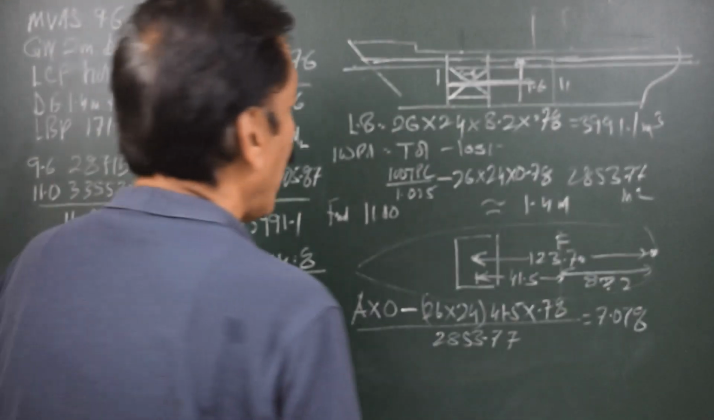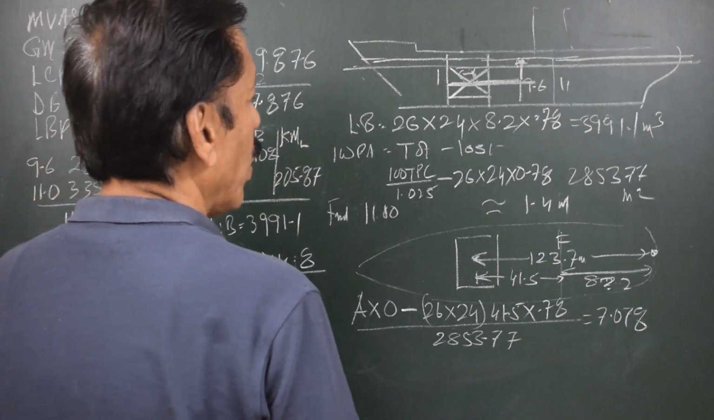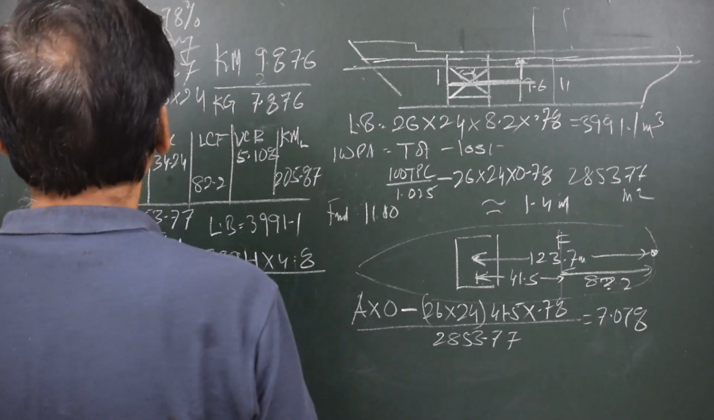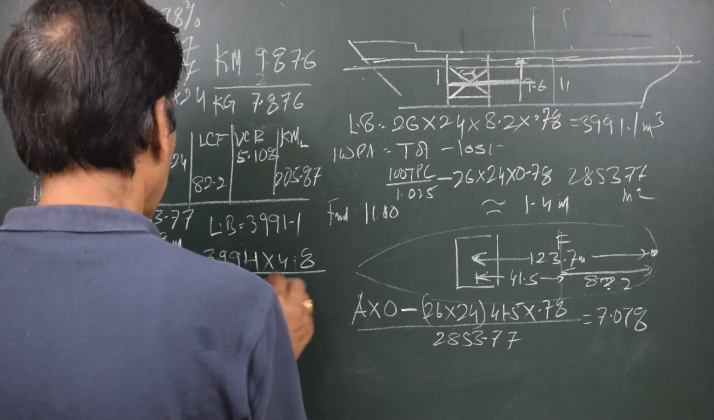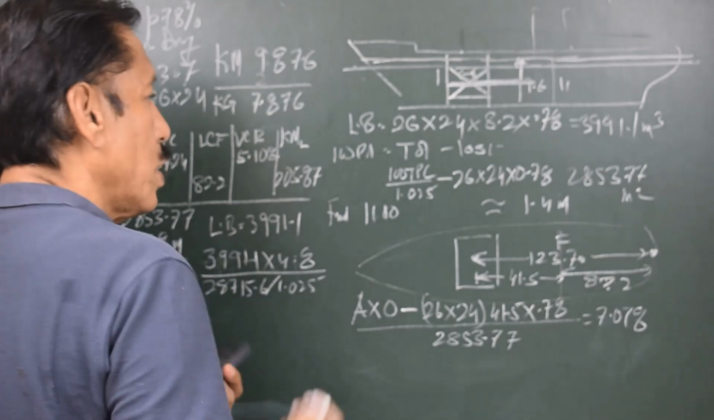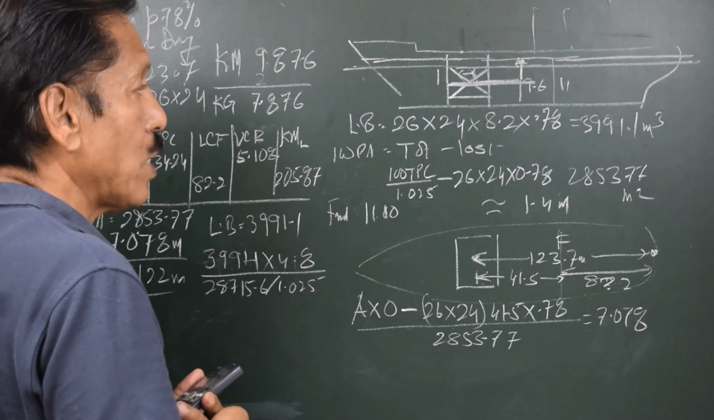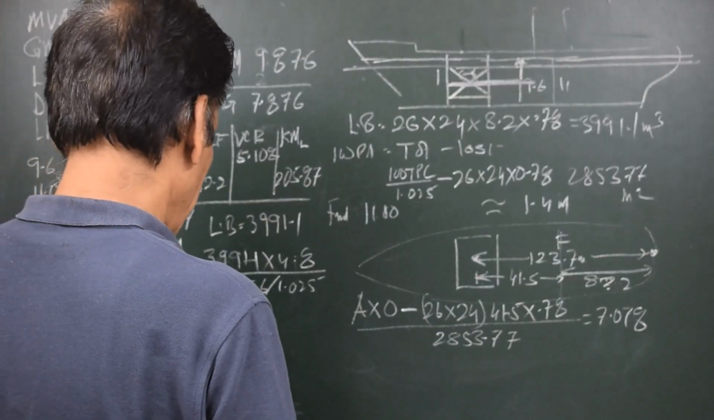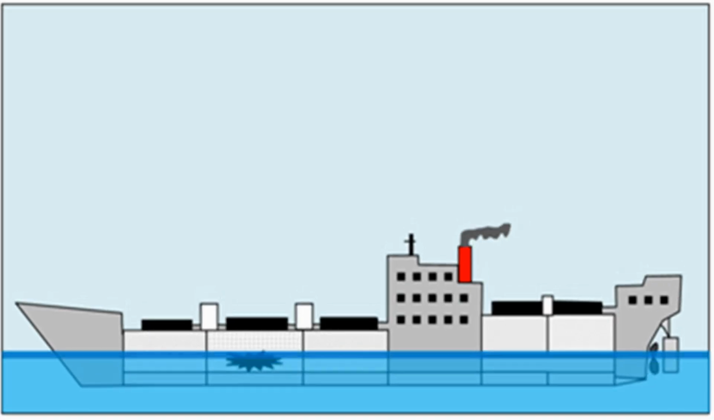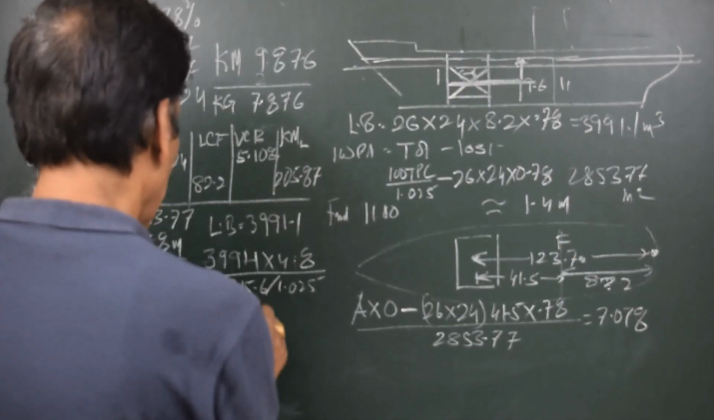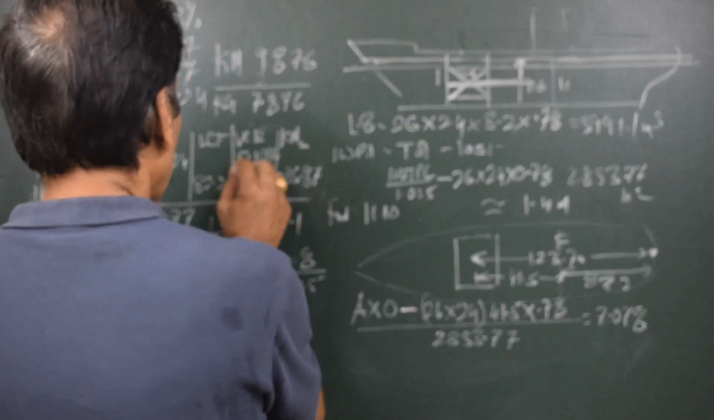If we divide this by intact underwater volume, the initial underwater volume is given by 28715.6 divided by 1.025. So this will give me the vertical displacement of the center of buoyancy. So this is 3991.1 into 4.8, and that is 0.684. The original KB was 5.108,